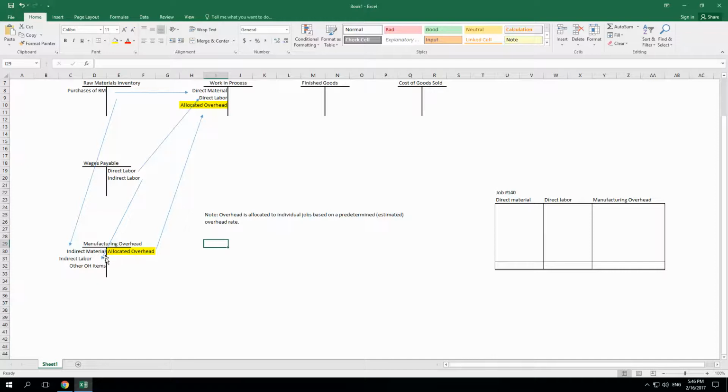The thing is, you're never going to hit it right on the nail, because you're actually accumulating actual overhead here on the debit side simultaneously, or not in sync with the allocation. The allocation could actually happen before you've captured all of the actual overhead amounts. So you're applying this overhead on an estimated basis, where you continue to accumulate actual amounts, but when it gets to the end of the accounting period, let's just do this. We draw a line here, and we take a balance,